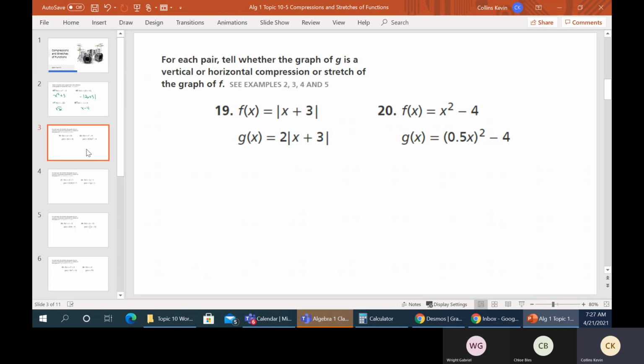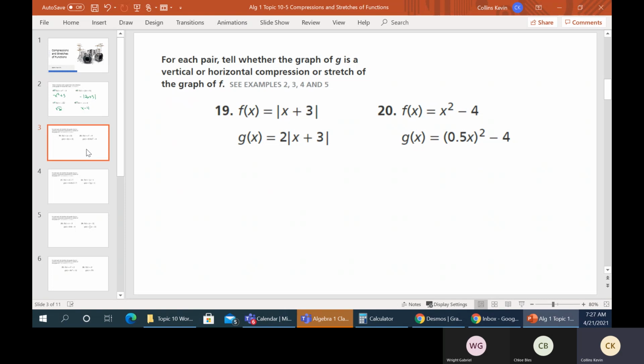So based on what we've seen so far, that would be a V-shaped graph, right? Absolute values are V-shapes, right? And since we have plus 3, that means we would move our V-shaped graph over 3 units to the left,